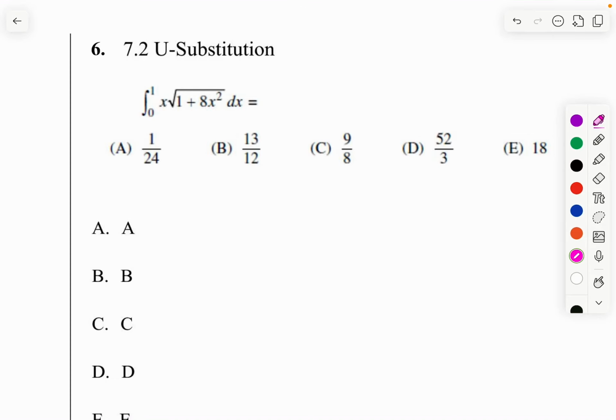Here we have a definite integral requiring a substitution. Remember, if you see a function in some version of its derivative, you can use substitution. So what I would do is let u equal 1 plus 8x squared, and then du becomes 16x